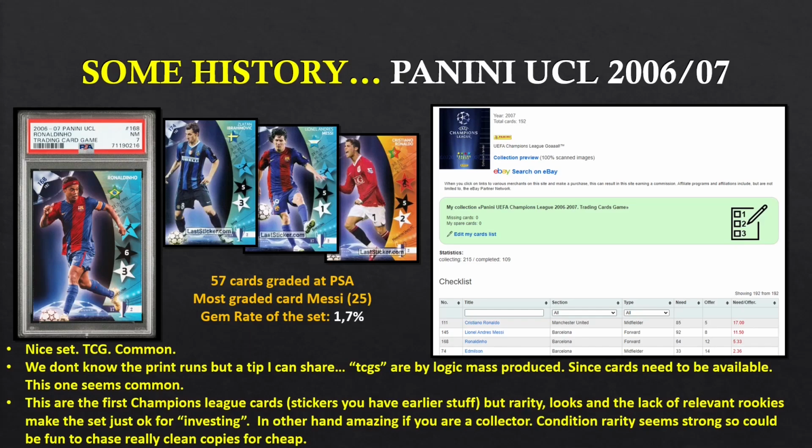Panini UCL 2006-2007. This is the set you are seeing on the screen, and it is a set that I actually tend to like. I think it's a nice set, it is a TCG, and I think it is quite common when it comes to true rarity. There is no true rarity at all. We don't know the print runs, but a tip that I can share with you